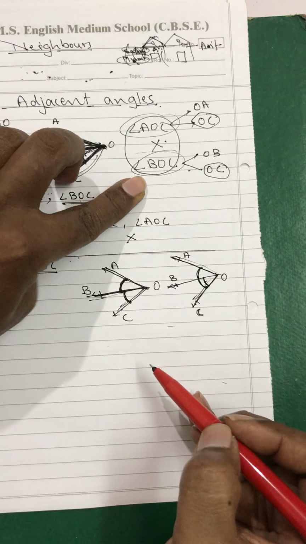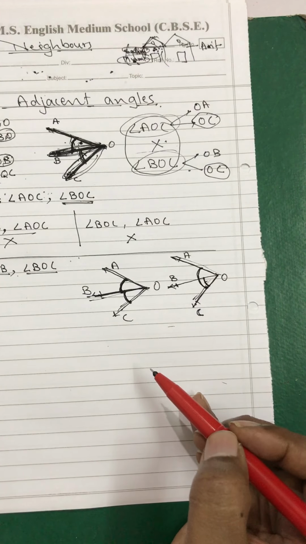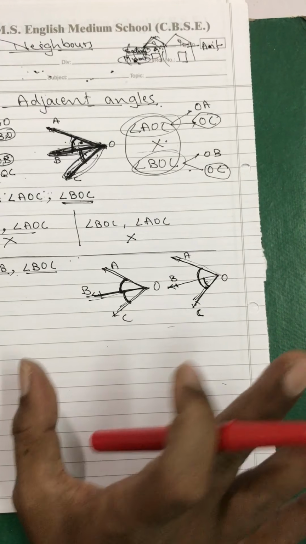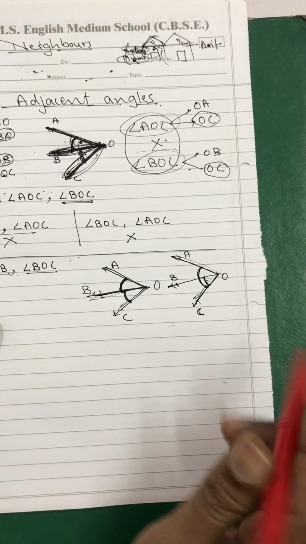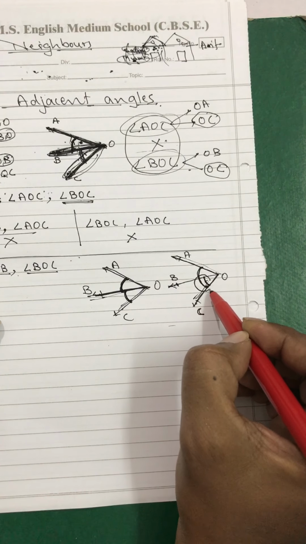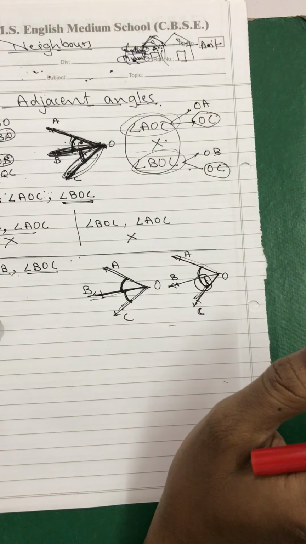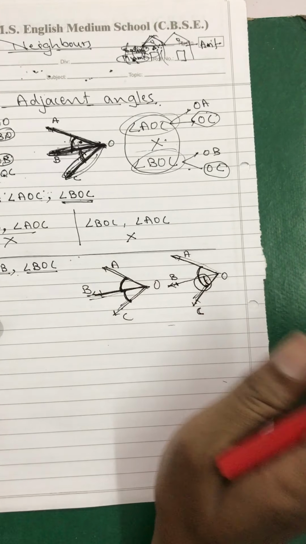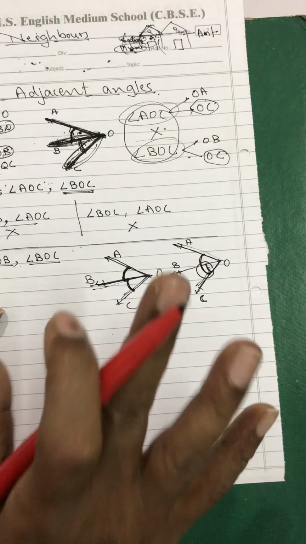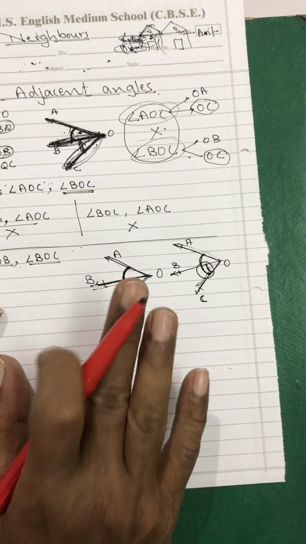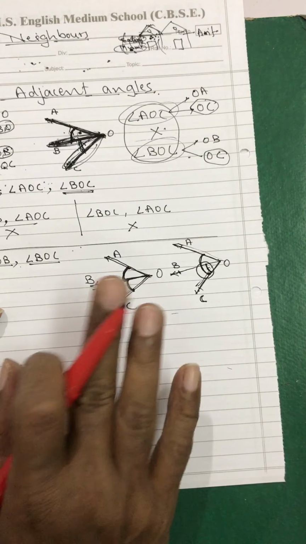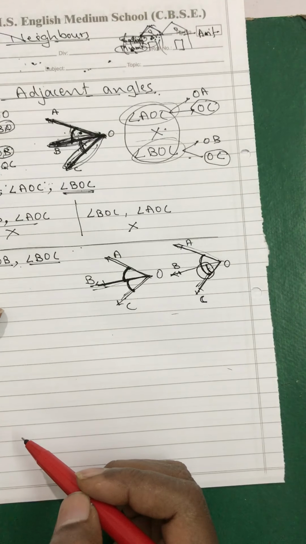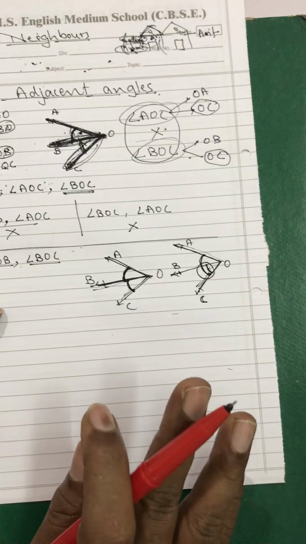It should be in a continuous process. There should not be any gap also. How and where the gap can be, I will show you. But first, right now, understand this. There should not be any overlapping and there should not be any gap. Then they are adjacent angles. They should be in continuity. Once you have decided that there is no overlapping and no gap between the markings of the angles, then they are adjacent angles.